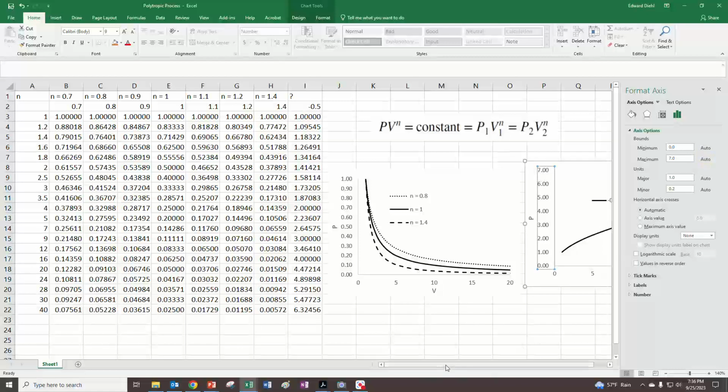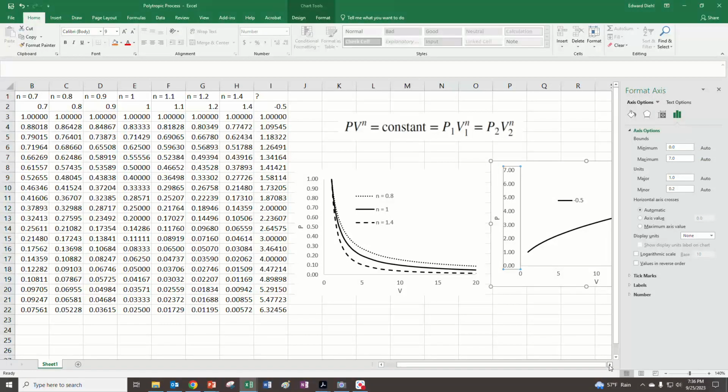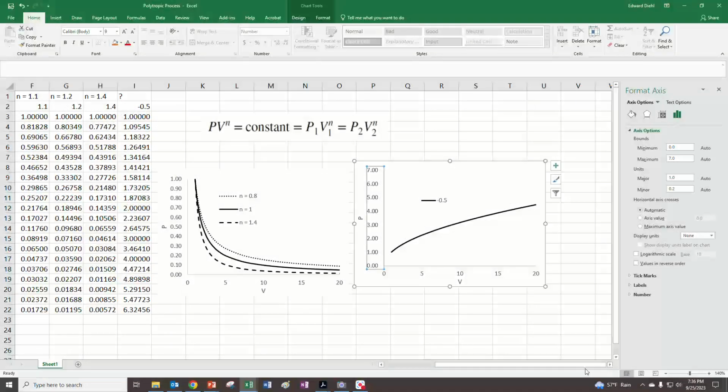Reset. Okay, it had them curving the other way. Interesting. I don't know why that would be like that. All right. Anyway,